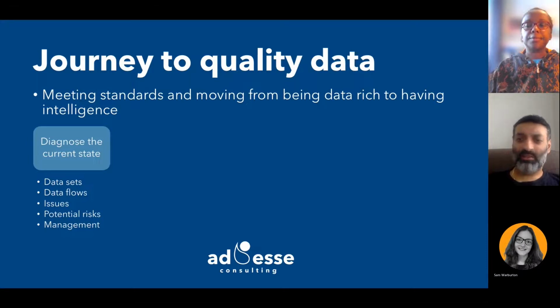We get stuck with process improvement, but what we don't think about is how processes in general are managed. So when we want to change a process, what happens? It's the same with data. When people want to change a set of data or what we collect, or they want to stop collecting something, what is the process of doing that? How is data in itself, the data sets, how are they managed, who's responsible, who's accountable for the different sets